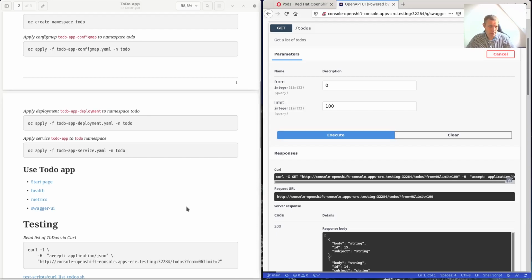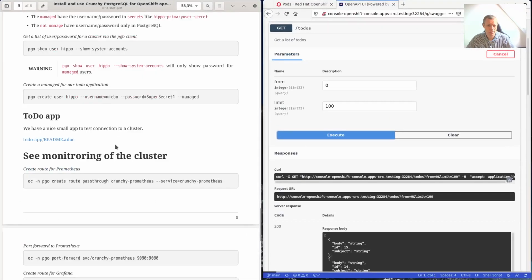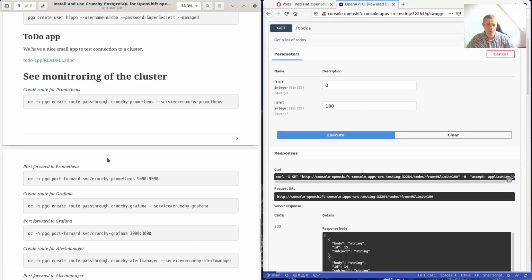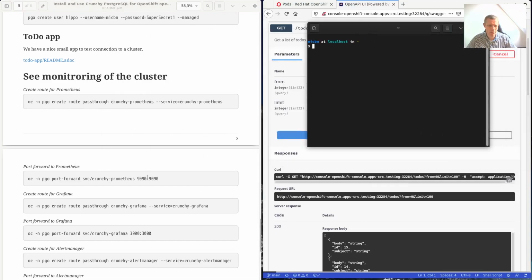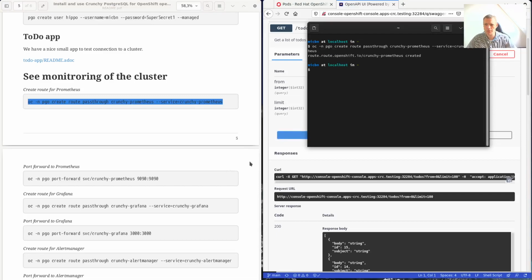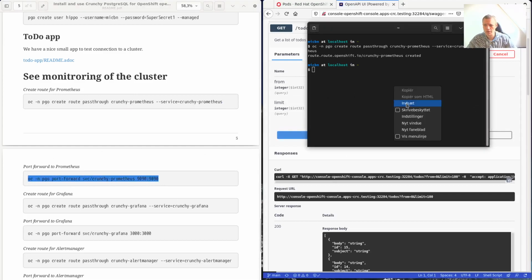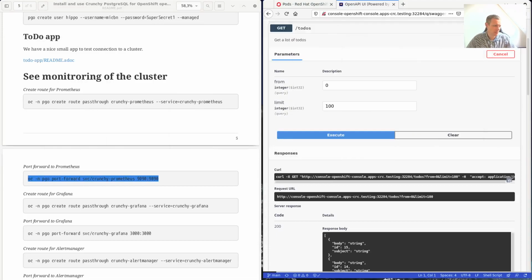So the last part we would like to look at is the monitoring part. And for that part, we will be using some more terminal windows. So we will just take them one by one. So we will do the port forward. We will first create a router. Please do the routing part. So this one is to make Prometheus accessible, and it will be a port forwarding down here. So now Prometheus is accessible, and we will just do the same for